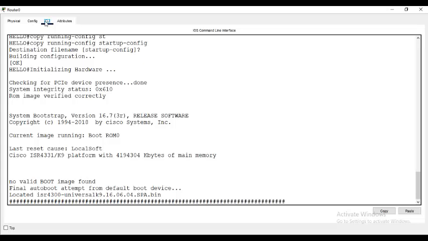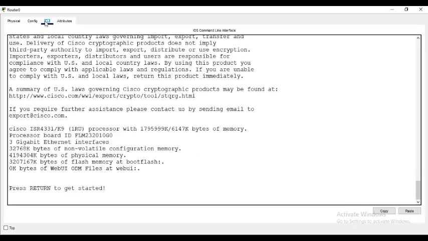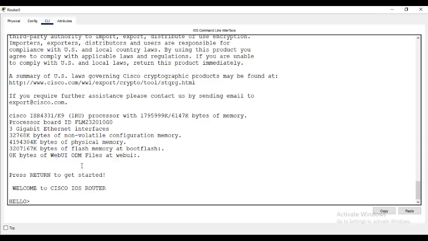You see, this time it did not ask me a question whether to configure the initial configuration using dialog. I hit enter. It shows me a welcome message, the banner, and it shows the hostname that I gave,